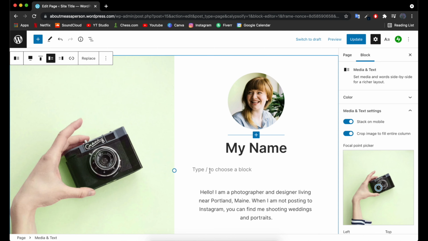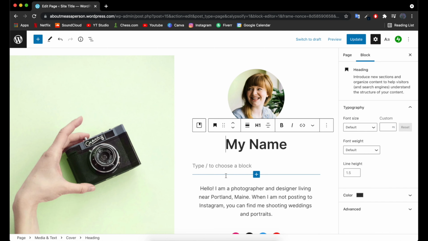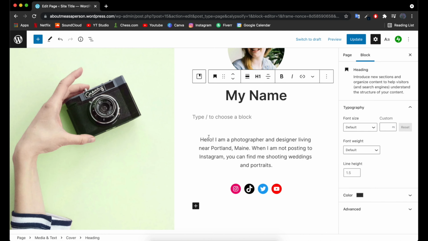So right now it's empty. If I choose to add something there, I can. If I leave it blank and we were to preview our site, nothing will show up. Now if I want to go ahead and make changes to this paragraph, I can go ahead and double click